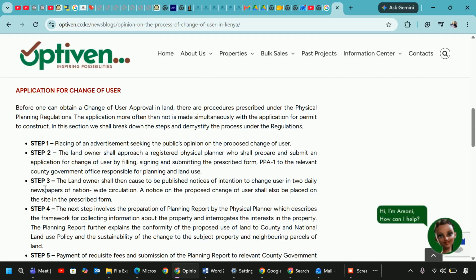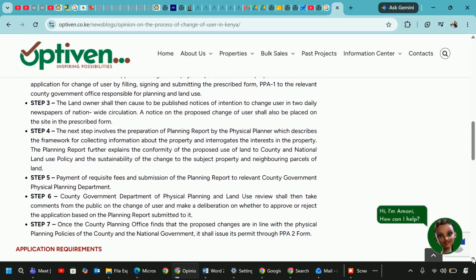use. Then step number 3, the landowner shall then cause to be published notices of intention to change user in 2 daily newspapers. A notice on the proposed change of user shall also be placed on the site in the prescribed form. The next step involves the preparation of a planning report by the physical planner, which describes the framework for collecting information about the property, interrogates the interest in the property. The planning report further explains the conformity of the proposed use of the land to county and national land use policy. Step number 5, payment of requisite fees and submission of the planning report to the relevant county government, physical planning